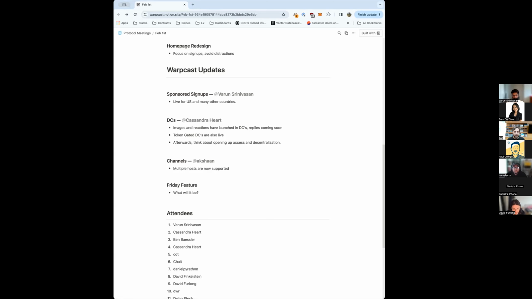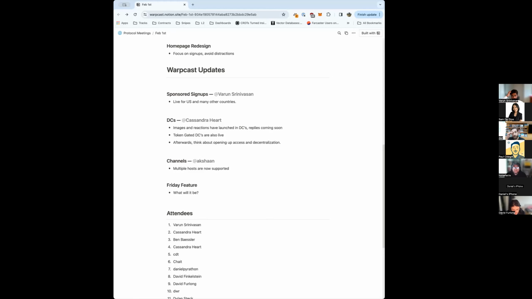Then I think we're going to step back and figure out, based on people's feedback, but also what we think is actually the single best thing that will continue to drive DAO within Farcaster, because our view is DAO is the primary thing that DC should be focused on. I think there are a bunch of features that we have on the team. If you have other things that you would like to see, feel free to DC me or Cassie.